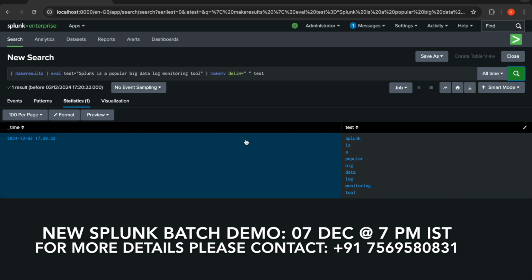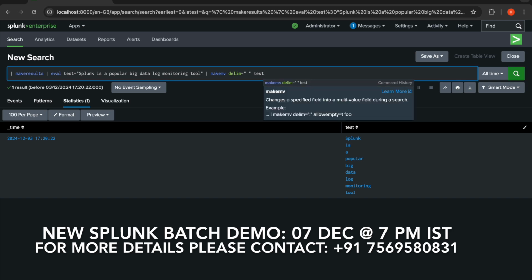So now I have only a single timestamp value over here, but I want each test value for each timestamp. I want a timestamp again for each value. Only for Splunk do I have a timestamp value. Similarly for ease, for A, for popular, for big, like that across each of the test values I have. If I want to have a timestamp, I can always extend this with a pipe symbol